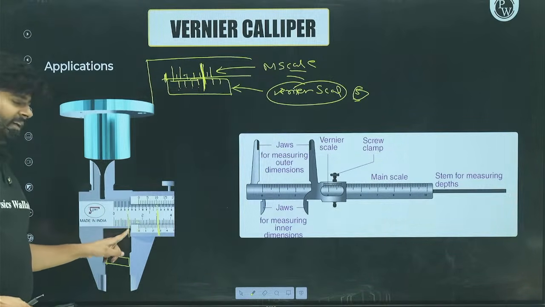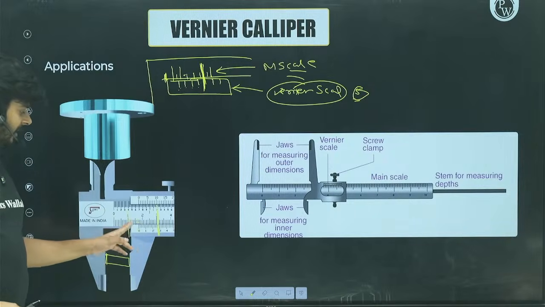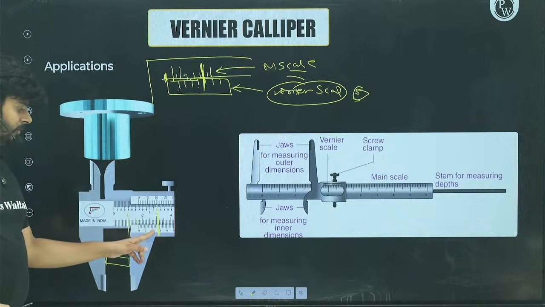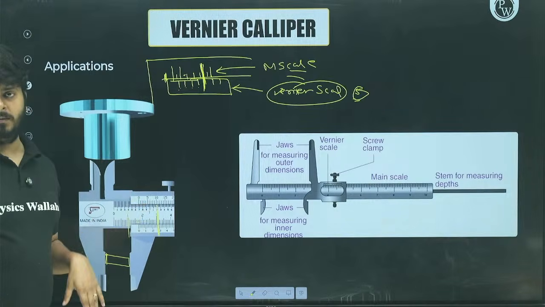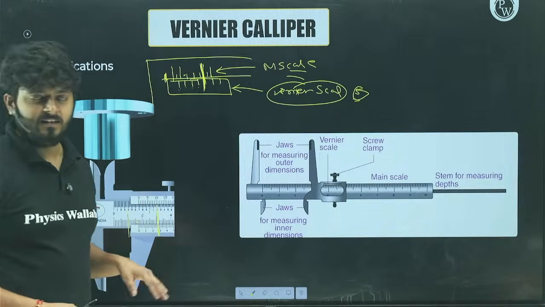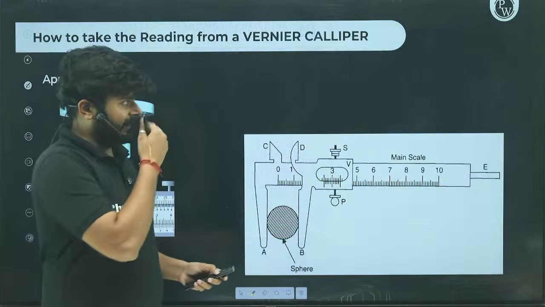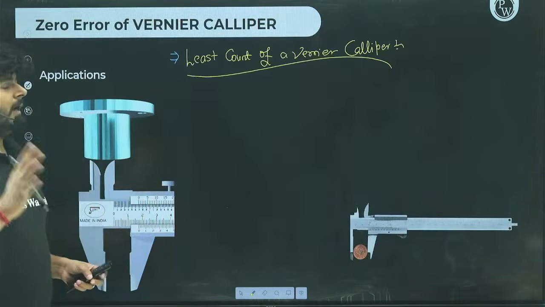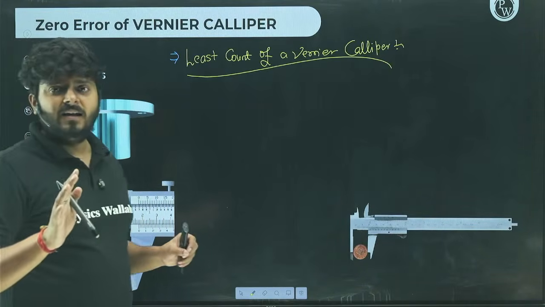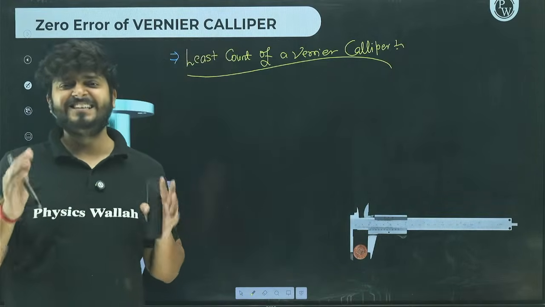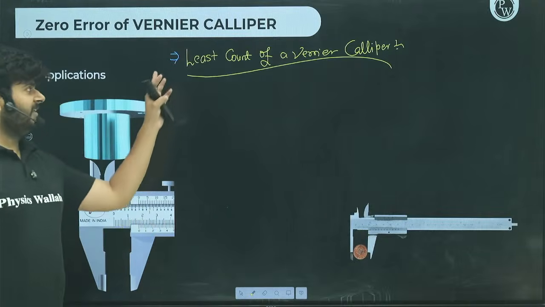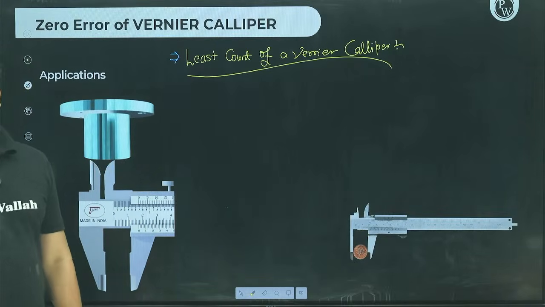Main scale reading you will directly get from here, and the vernier scale reading you will get by looking at which number aligns first with the main scale reading, right? So this is how you get the readings first. Now once you have taken the reading, how will you get the final measurement by using those two readings? Let's understand that. And to understand that, you need to know what is the least count of a Vernier scale,